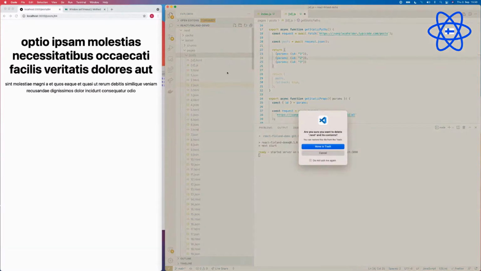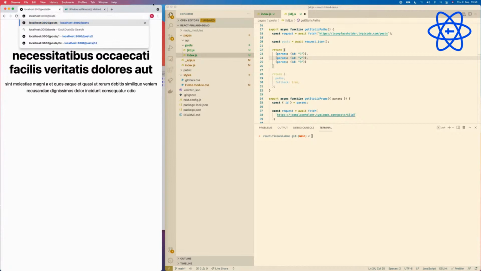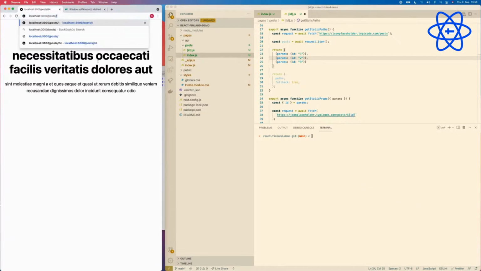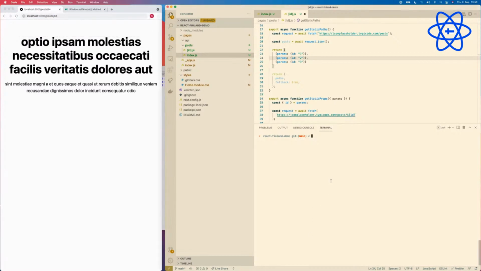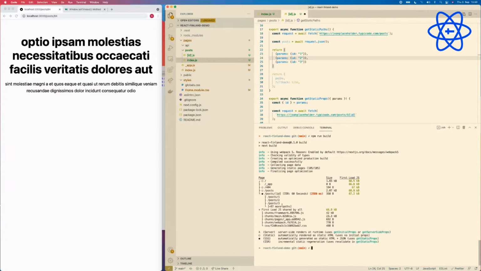Let's see, what's trash? Okay, so let's try to build this again. And let's go to the posts page. So, yeah, or actually, yeah. So, okay, run build. So let's build the pages that we want to. So it's still building. Okay, so in here you can, oh, am I making some mistake here?